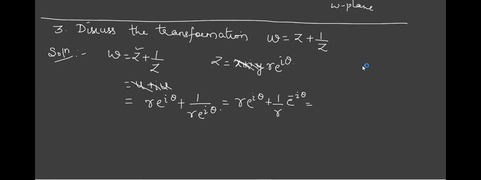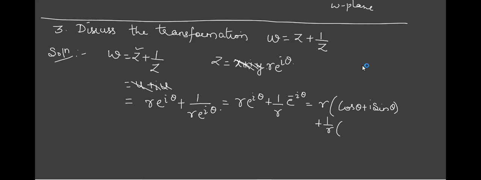Okay. So this is 1 by R. Tell me what is e raised to I theta? Cos theta plus I sin theta. Yeah, cos theta plus I sin theta, plus 1 by, sorry, this is not 1 by R. Sorry, by mistake I have written. It is R only. Next, plus 1 by R. Then what is e raised to minus I theta? So you will get a similar thing. Cos theta minus I sin theta. So in between there is a minus.